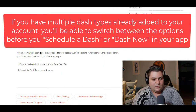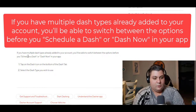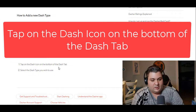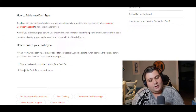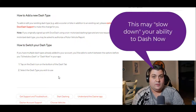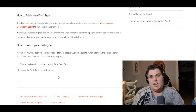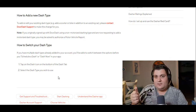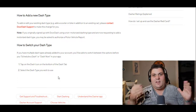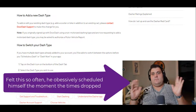If you have multiple dash types already added to your account, you'll be able to switch between the options before you schedule a dash or dash now in your app. Tap on the dash icon at the bottom of your dash tab and select the dash type you wish to use. That adds an extra step into Dash Now, and if you do decide to do that, it may slow down your ability to Dash Now. Have you ever tried to Dash Now the moment somebody else is, and they beat you to it, and then suddenly you can't Dash Now? You're like,